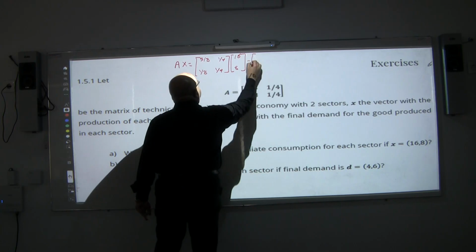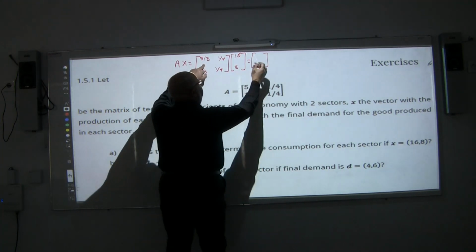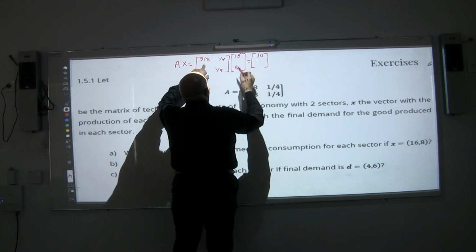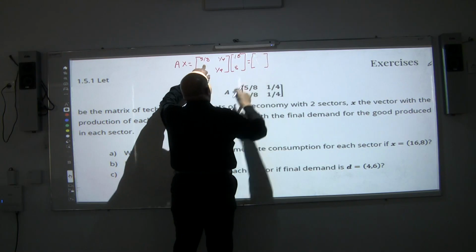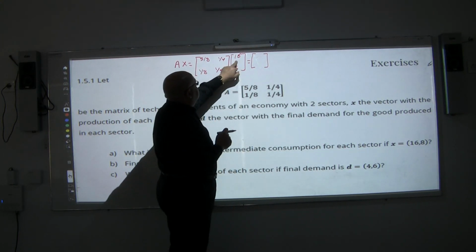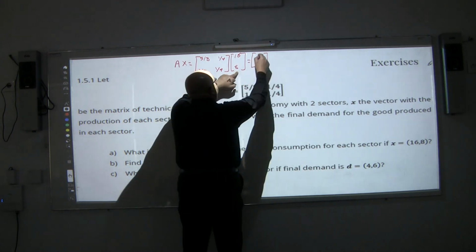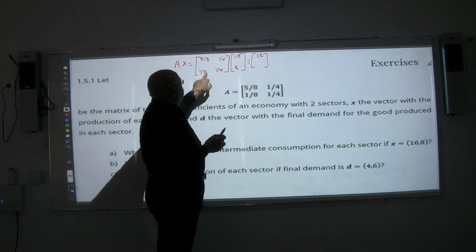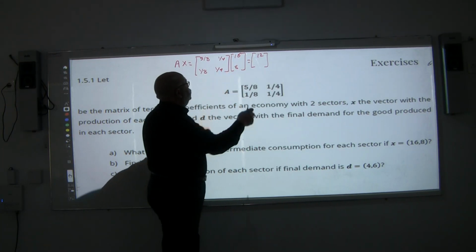The result will be 5 over 8 times 16, which I believe is going to be 10. Then 1 over 4 times 8 is 2, so it's going to be 10 plus 2, which is 12 for the first sector. 1 over 8 times 16 is going to be 2, plus 2, so it's going to be